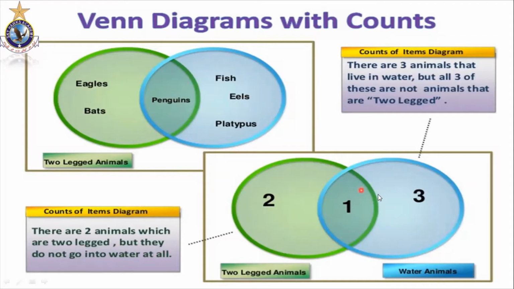So this diagram is just representing the common area. This is the overlapping area, the overlapping animal, which in this example is only one. So